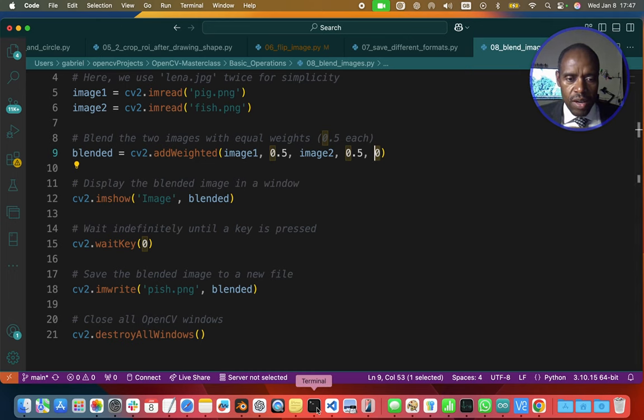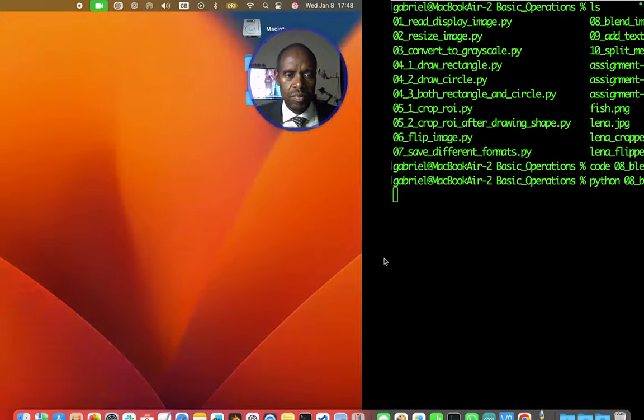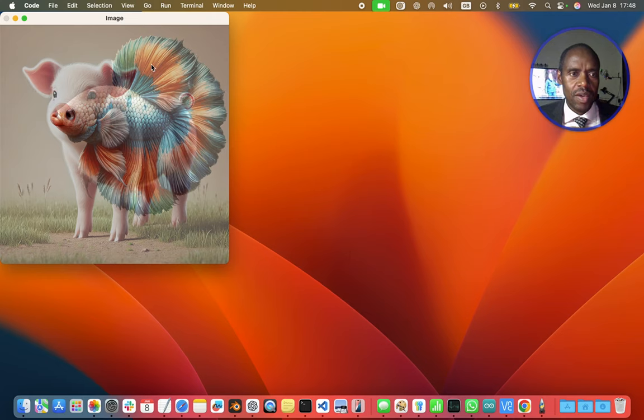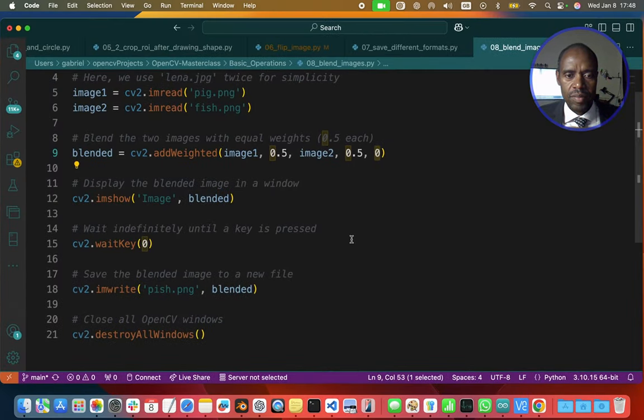Let's run the code. Here is the picture. Okay, that's beautiful. I press any key and again,